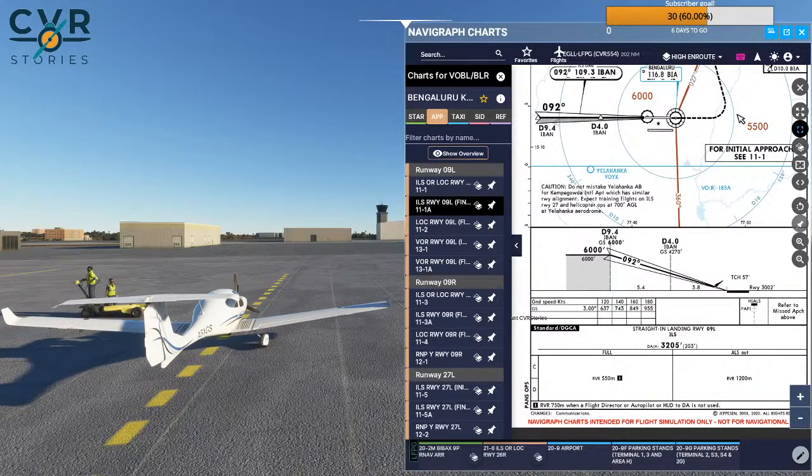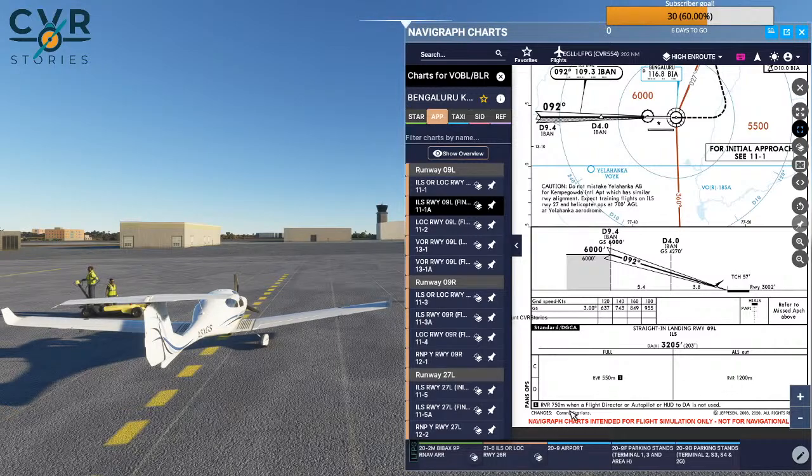So for ILS Cat 1 approach for runway 09 left, we will require a 550 meter RVR, or runway visual range, right? For a category C or D aircraft. And this is when you have full approach lighting system available. So your high intensity approach lighting system, when this entire system is working, you have 550 meters of visibility required minimum. If this approach lighting system is out, if this is not functional, then the minimum visibility required to fly this approach is 1.2 kilometers, 1,200 meters for your